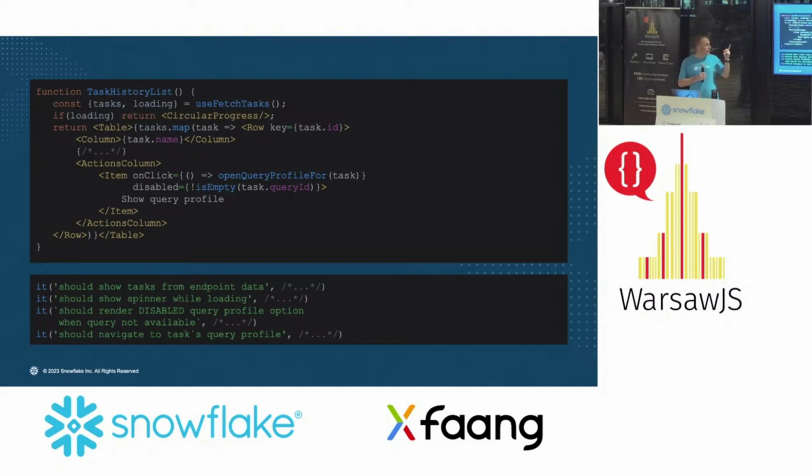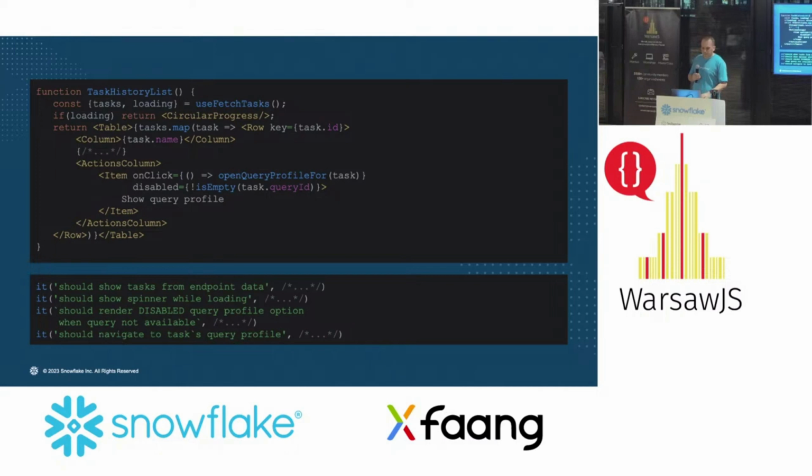Second, the decision is made whether to show the spinner or the table. So second test, it should show spinner while loading. Then in the middle, there's a decision whether to enable or disable the show query profile item. It should render disabled query profile option when query is not available. And also on click, there's the call to the navigation method. It should navigate to the task